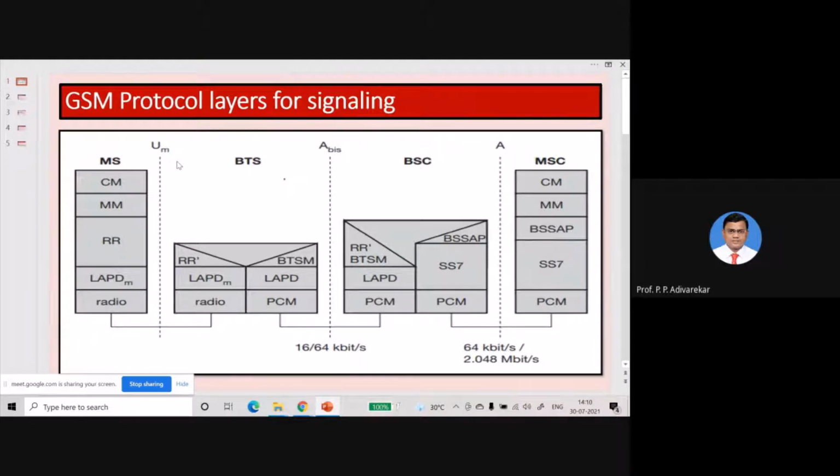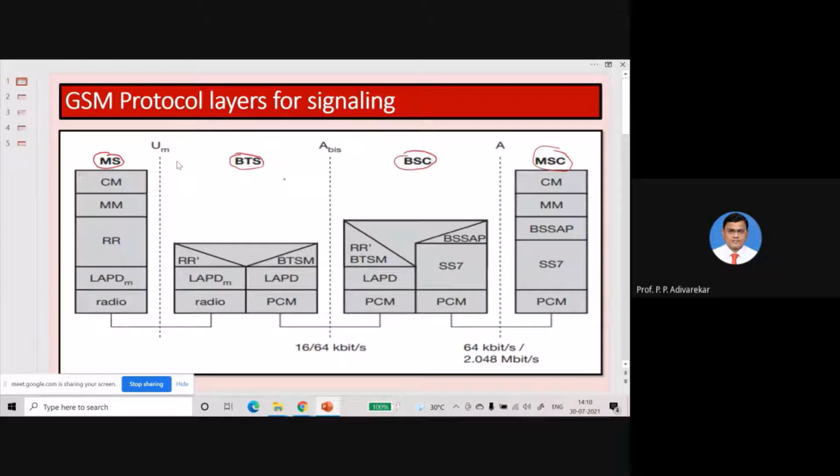One is the mobile station, then the base transceiver station, then the BSC, that is the base station controller, and the mobile switching center.